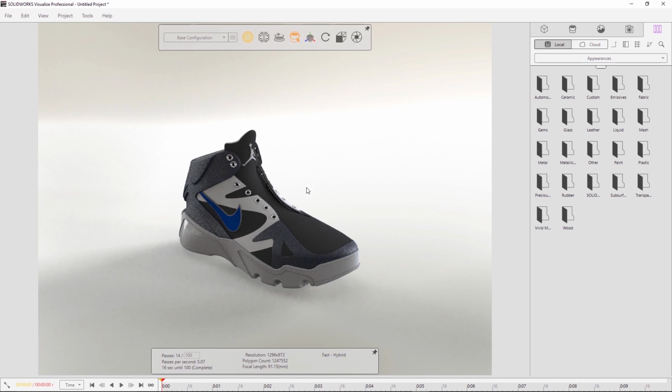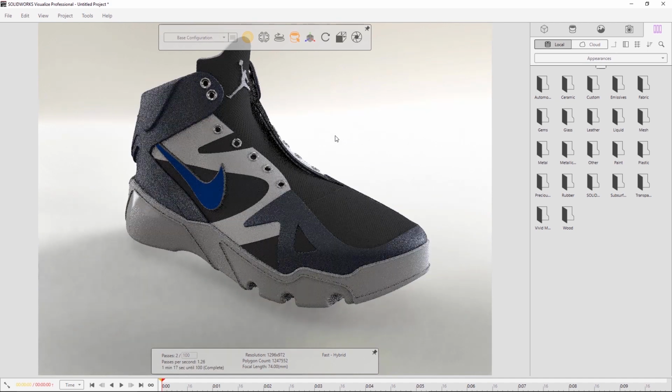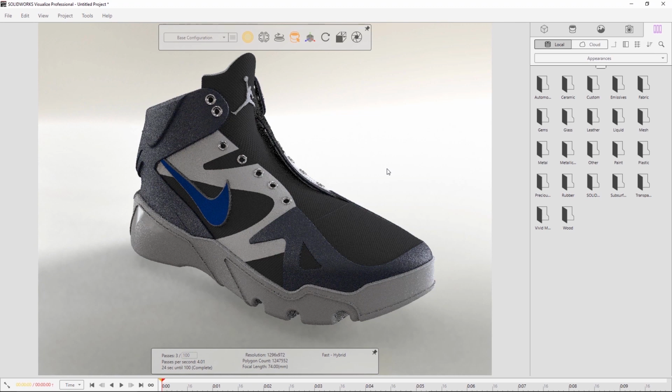So this is how it looks in SolidWorks Visualize. Let's just make a few little changes to this. I guess the first thing, there's only three things that we really need to do. We need to concentrate on the appearances, which by default it brings in the ones that are specified in SolidWorks. So you can see it's already set up as it looked in SolidWorks. We also need to specify the lighting. So, where am I? Am I in a studio? Am I outside? And then we need to specify what's going on with the camera.